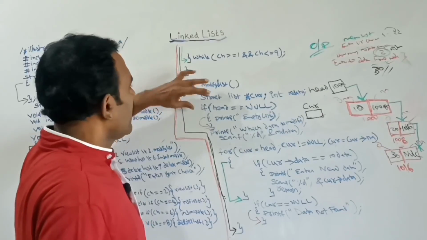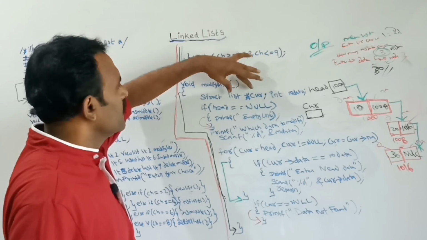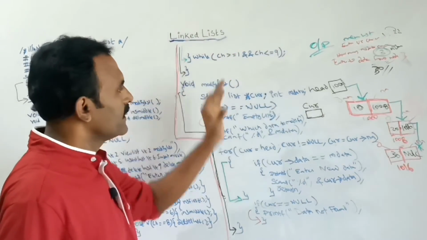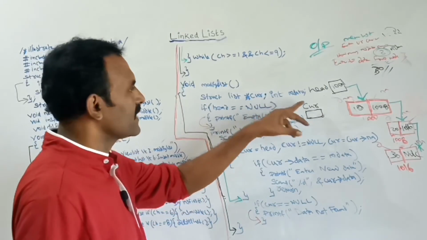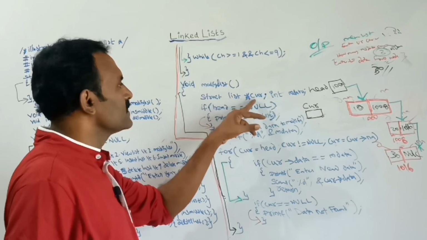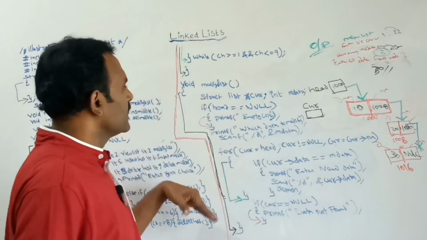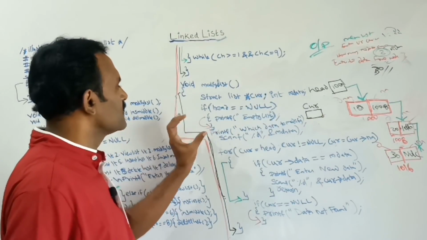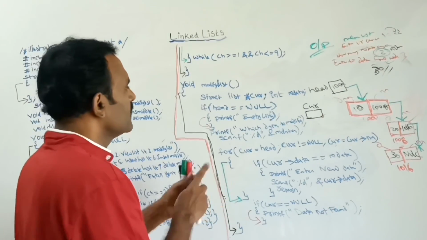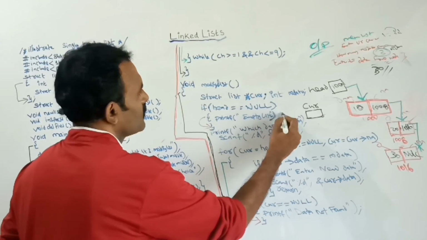See, I have declared the variable m data here. This is used to search the data inside this list. Which data we are going to modify, that data we should give here. Next is CUR, this is the pointer variable. Next I am checking if head is equal to null, then I am simply telling that it is an empty list, and I am returning from this function.